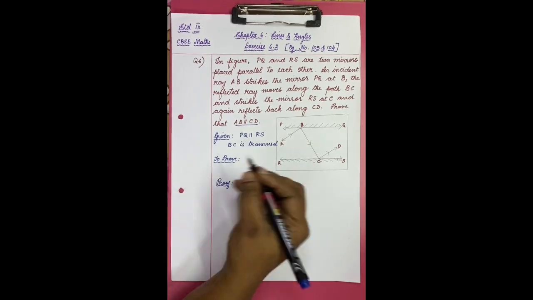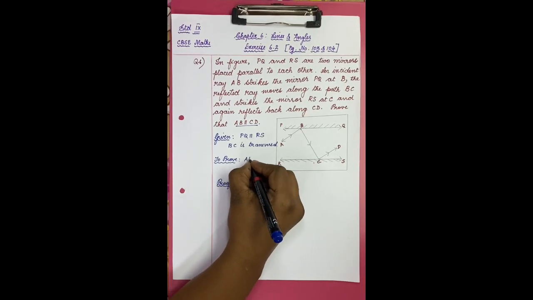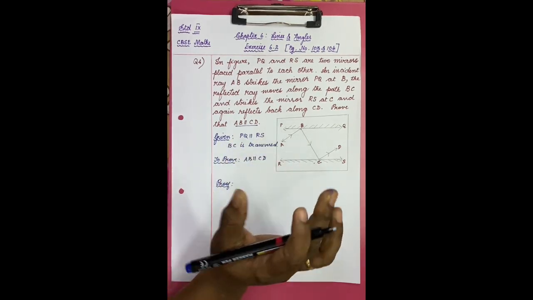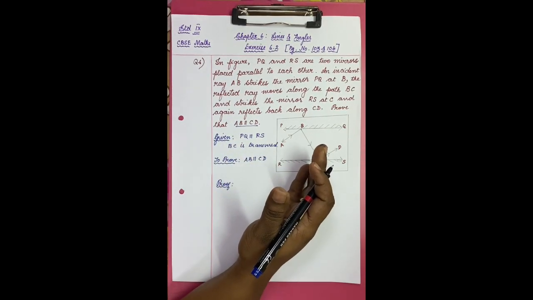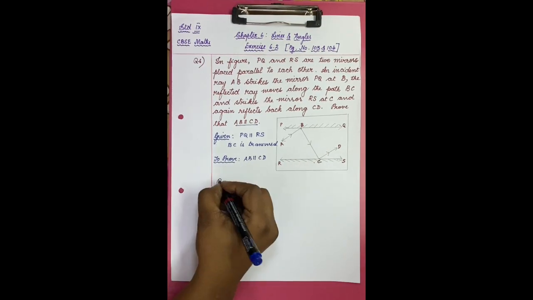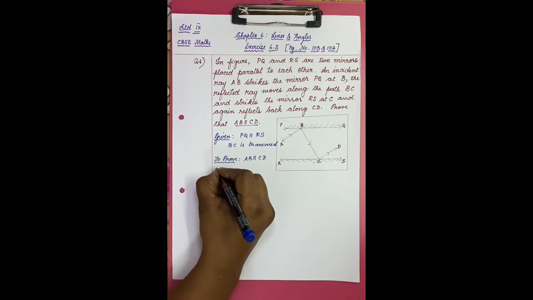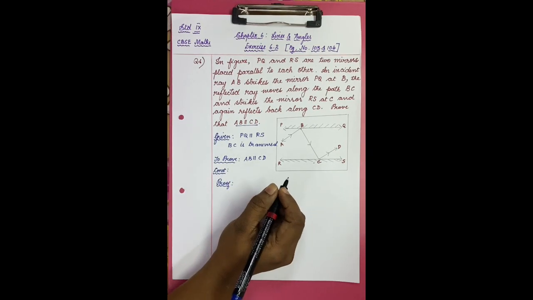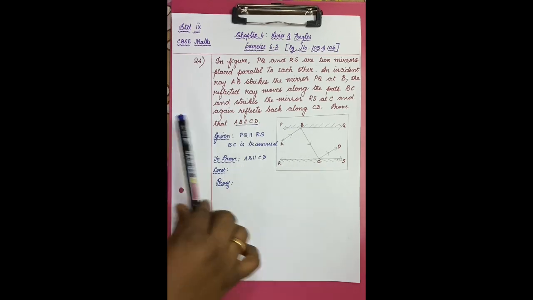Okay. Now what are we supposed to prove? We have to prove AB is parallel to CD. So with just these two, how am I going to prove it? As I said, sometimes we need a construction. So in between "to prove" and "proof", I am going to write construction. What I am going to draw in this construction is very important.